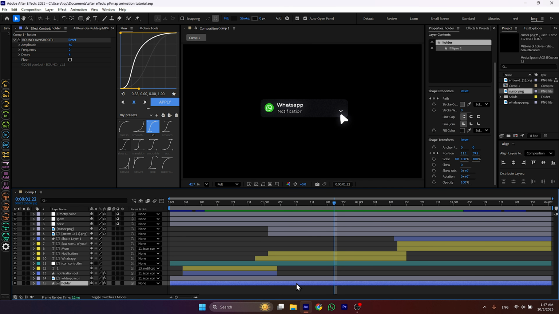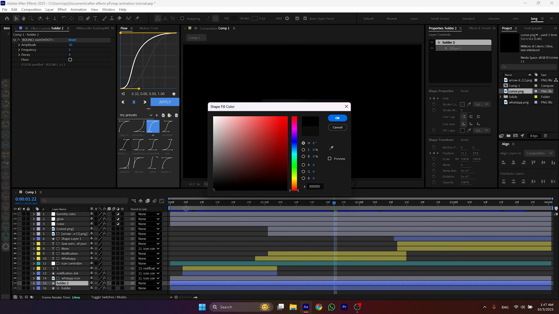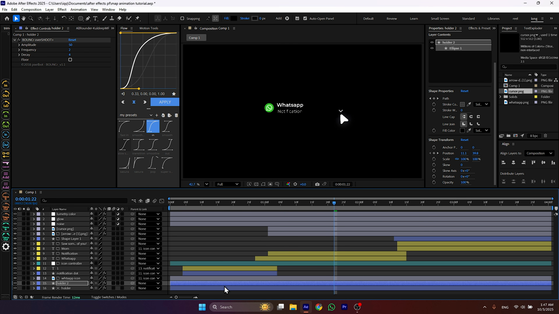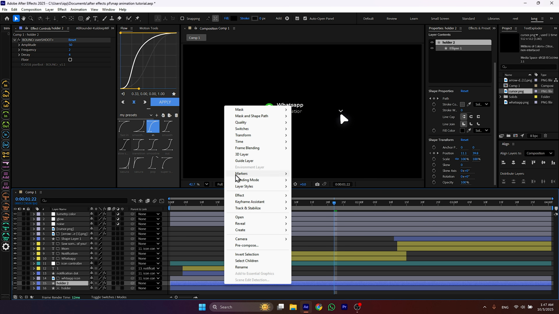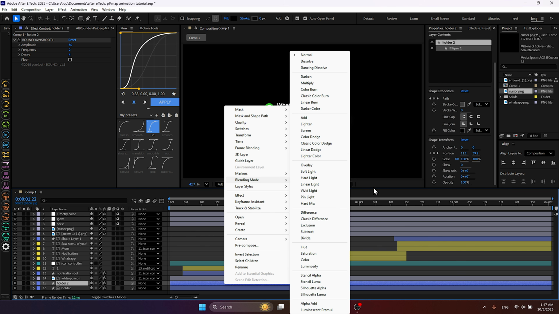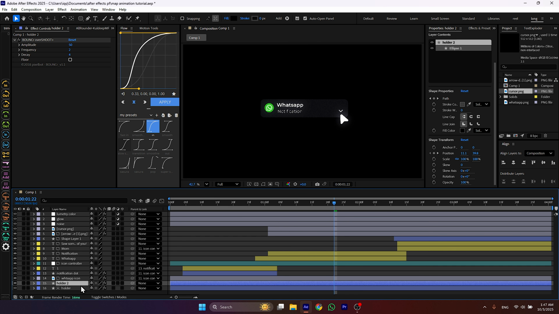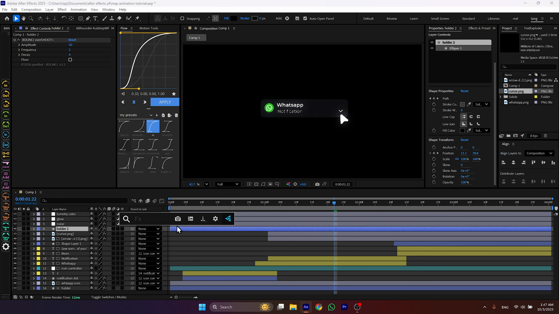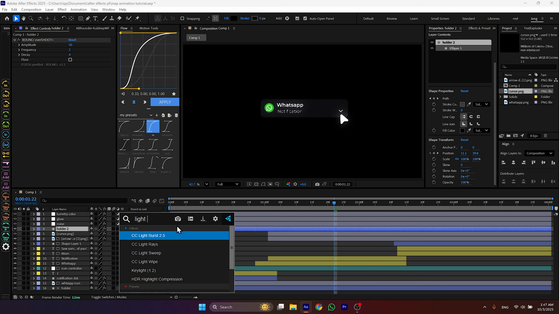Now let's duplicate the holder. Change the fill to black. Set the blending mode to screen. And add an effect called light sweep.